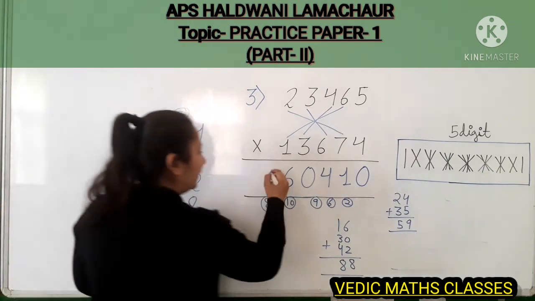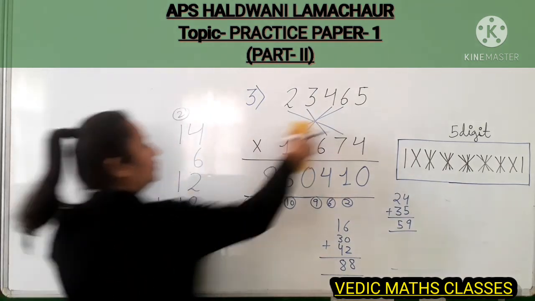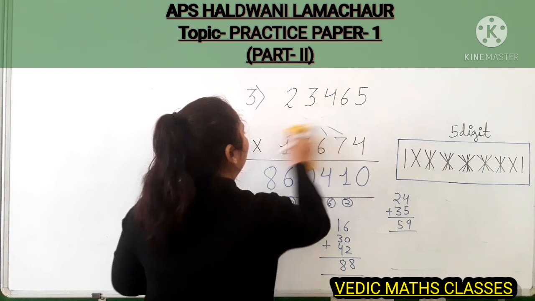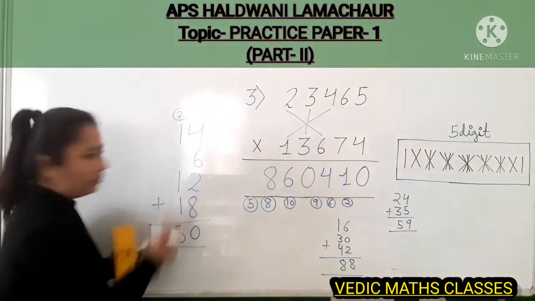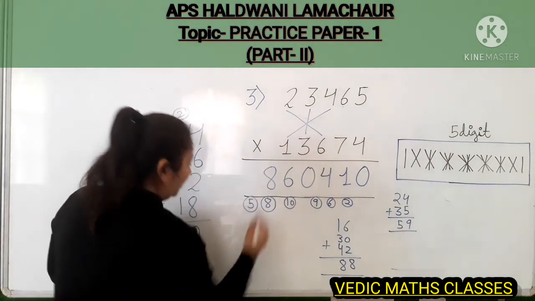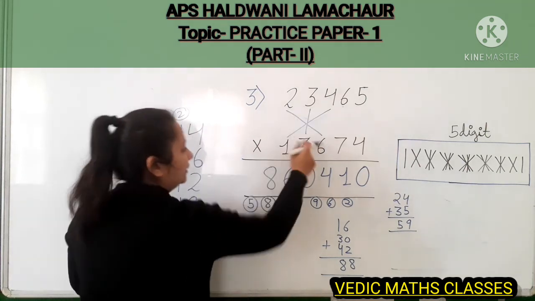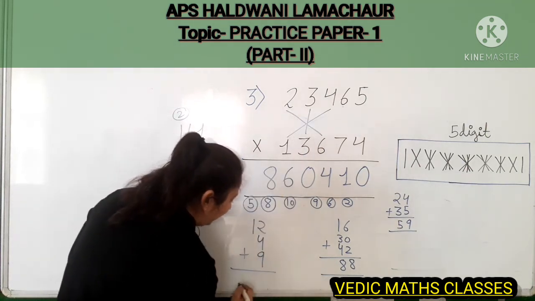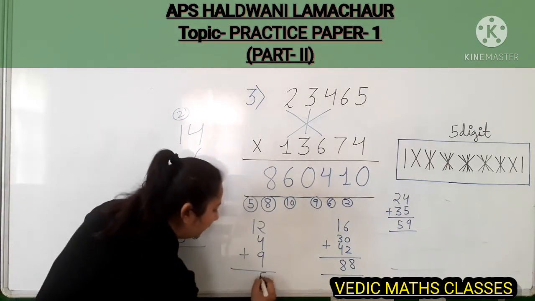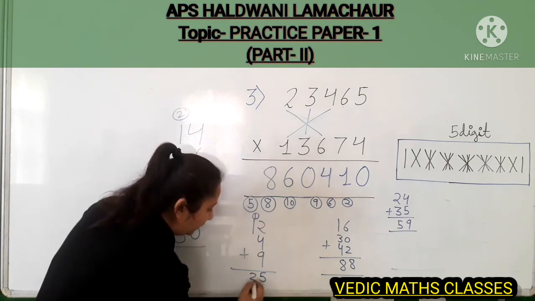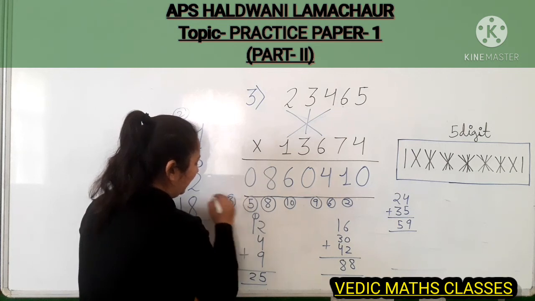Now 50 plus 8 58. 8 here, 5 will go carry. Now after 4, you know very well, back counting after 4, 3. Now it's small. 6 2s are 12, 4 1s are 4 and 3 3s are 9. Add them. 9 plus 2 11, 11 plus 4 15. 5 here, 1 will go carry. Now it's 25. Now 25 plus 5 30. 0 here, 3 will go carry.